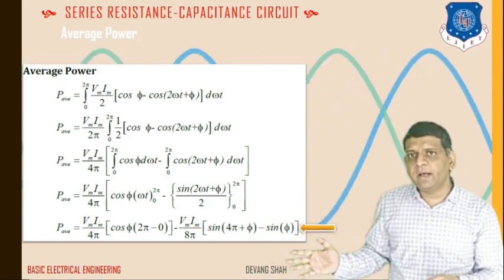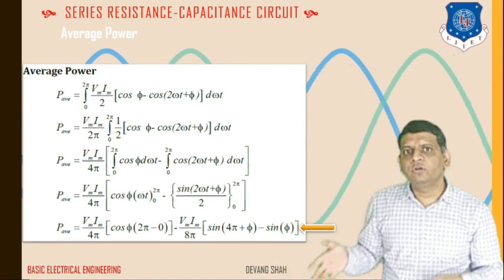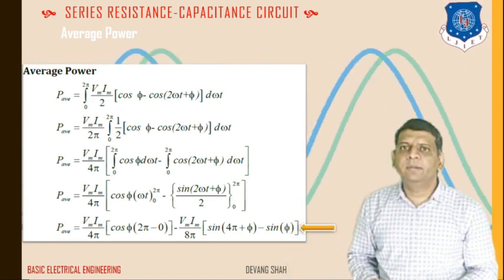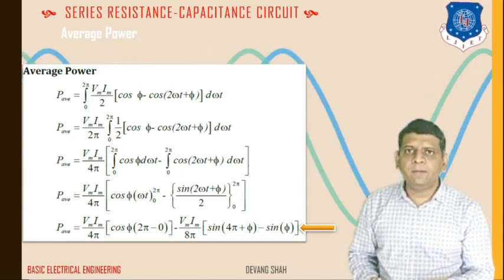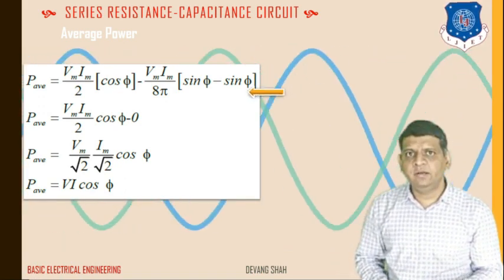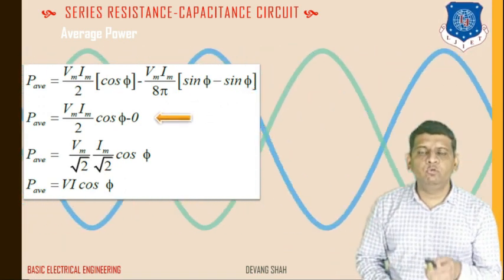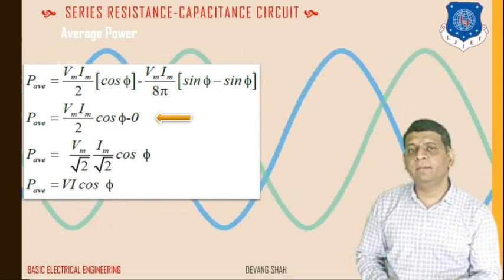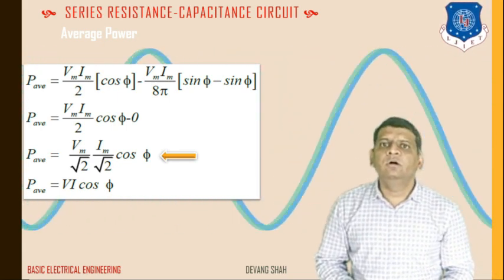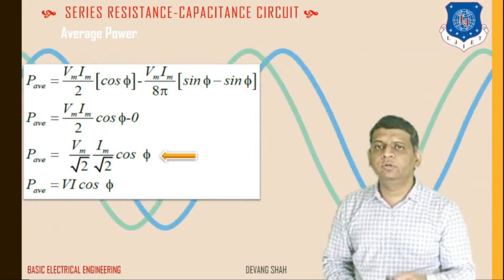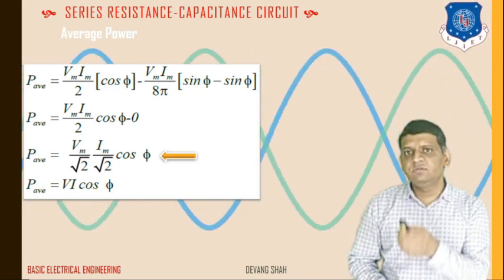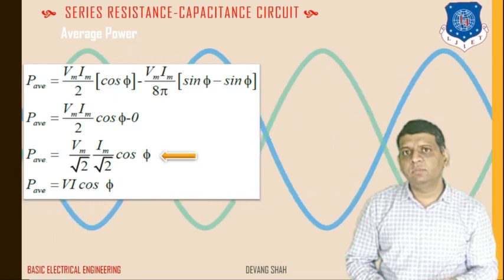P average is equal to Vm by 4 pi in bracket cos 2 pi minus 0 minus Vm by 8 pi bracket sine 4 pi plus phi minus sin phi. Now further taking this term, P average value is equal to Vm by 2 into cos phi minus 0. So instead of Vm and Im, I am going to take Vm by root 2 into Im by root 2. So the P average value is equal to Vm by root 2 into Im by root 2 into cos phi. Since Vm by root 2 and Im by root 2 is nothing but the RMS value,